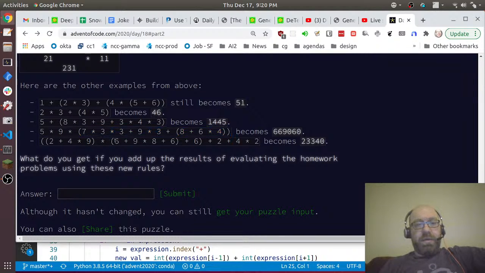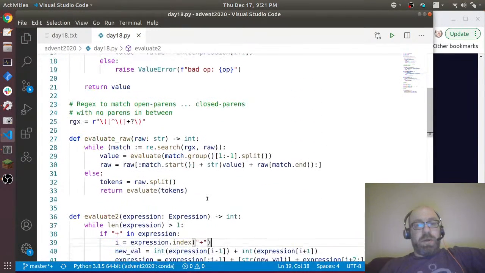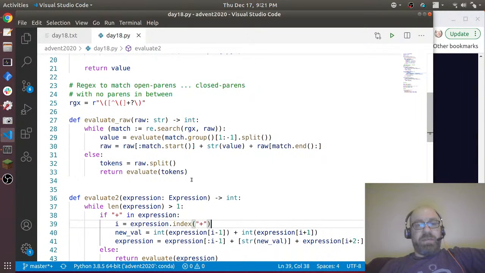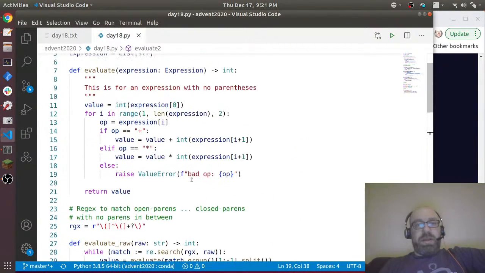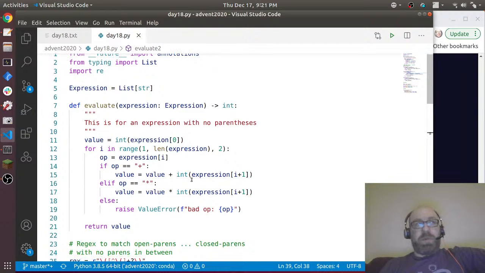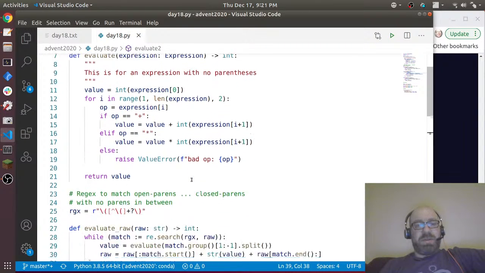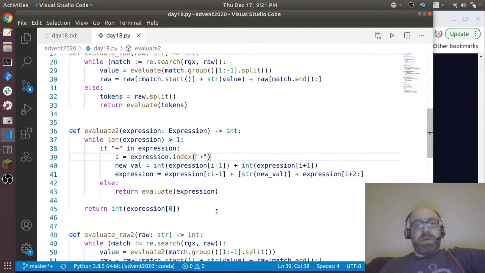And same here. The first time I find 2 plus 4 plus 9, evaluate it and stick it back as a number. And then I find this guy and I evaluate him and I stick him back as a number. And then once this becomes a number, this becomes a number, I find this guy, pull him out, evaluate him, stick him back as a number, and then there's no parens left. So that's what I'm doing. This is kind of a little bit of an ugly mess, but it works. And I use strings because I could have parsed pluses and times into things, but I didn't want to. Okay, so for evaluate 2,